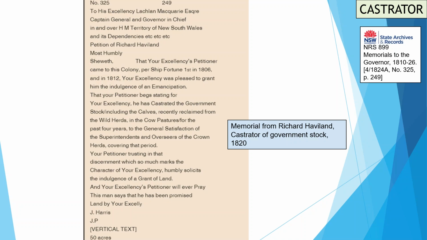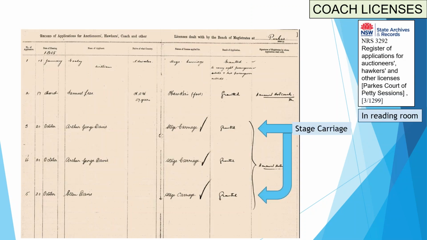Coach licenses. Now you can find licenses of different types underneath Register of Applications in different petty sessions. It's a series that doesn't get looked at very often from my perspective in the reading room, but can have a payoff because many different sorts of records will be found there for different sorts of licenses. We have auctioneers, we have coach carriage drivers, we have hawkers, people who go around from place to place buying and selling. One of the things to remember about hawkers is quite often you'll find naturalised people who were naturalised